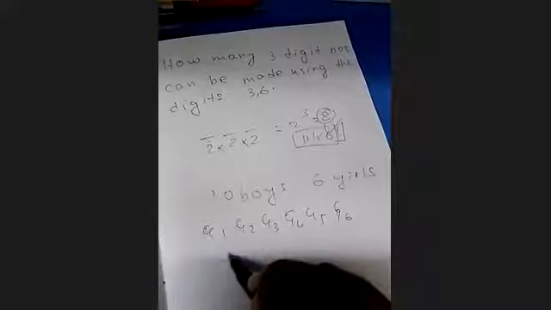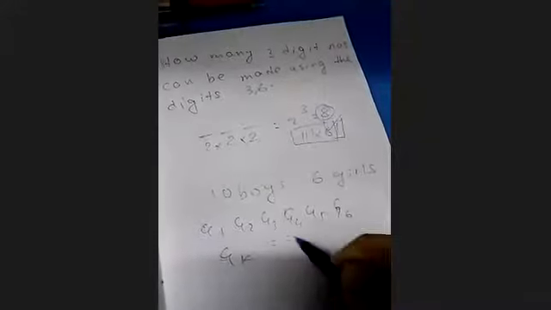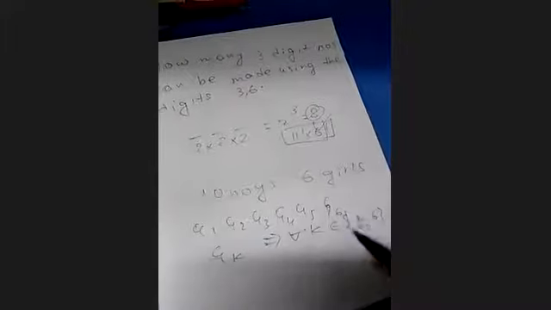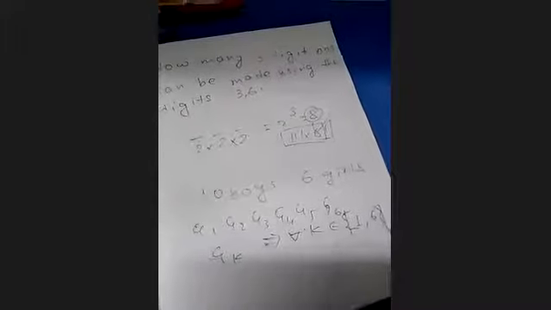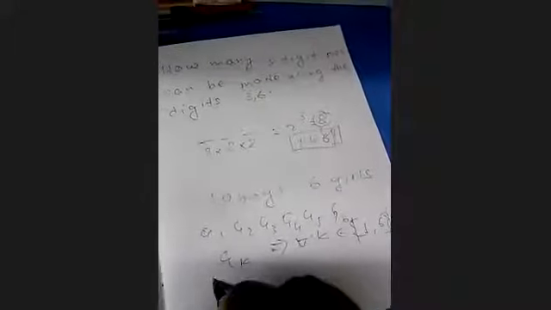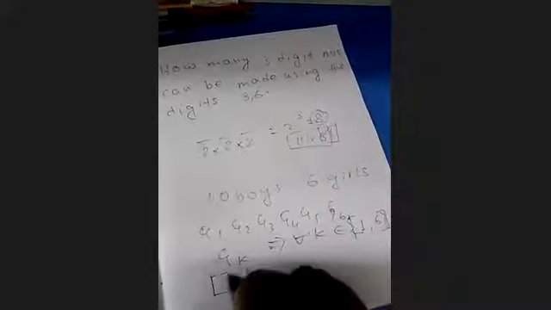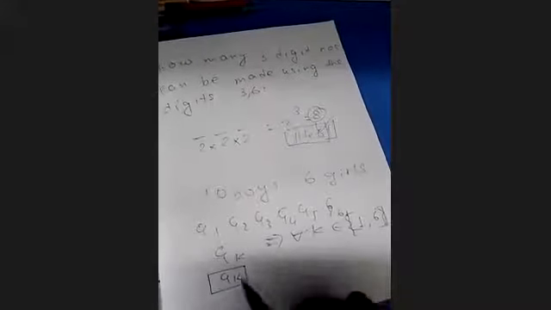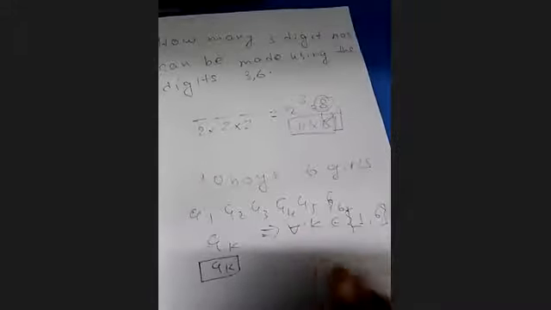Now let's consider G_k for all k that belongs to the closed interval 1 to 6. Let's consider it as G subscript k. So now let's make a block G_k. See the method how I am doing this. Let's make a block G_k and keep the 10 boys.